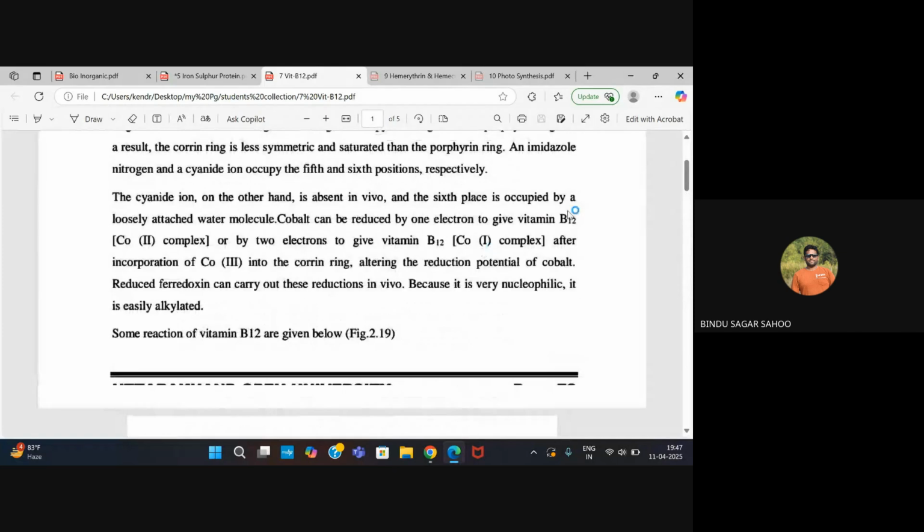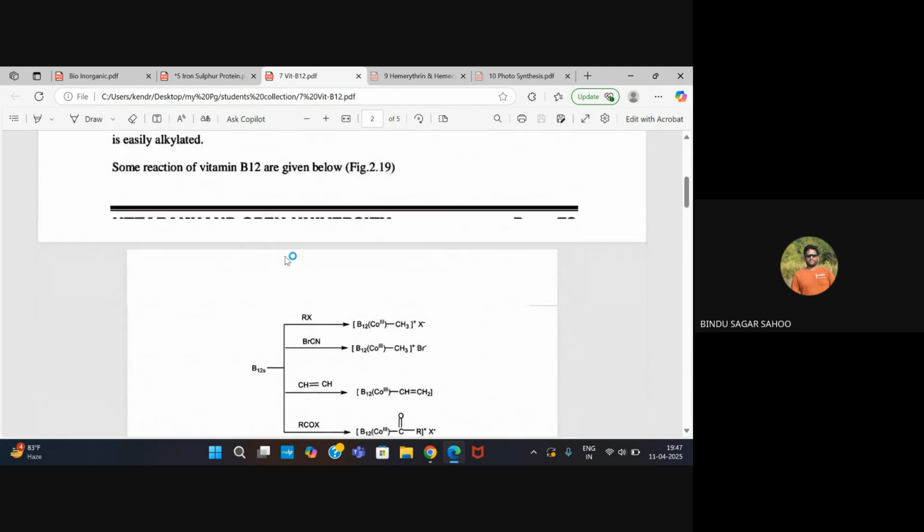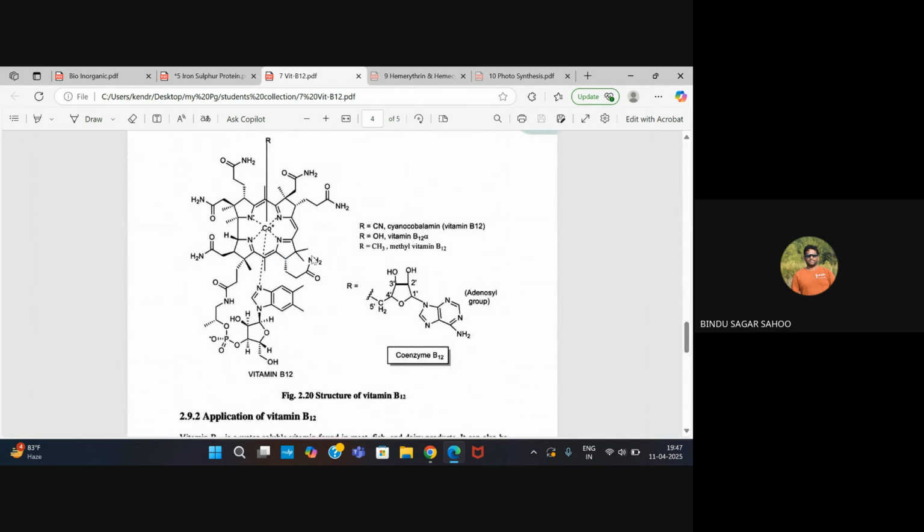Then we will discuss vitamin B12. In vitamin B12, there will be some similarities to hemiproteins. This is not exactly a hemiprotein, but the structure is a little bit similar. If I discuss the vitamin B12 structure, the structure will be a little bit like that. That means here the cyclic ring, this one,